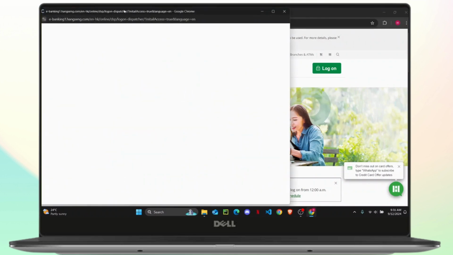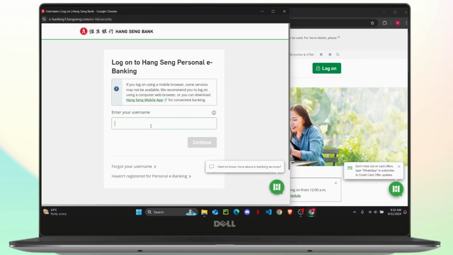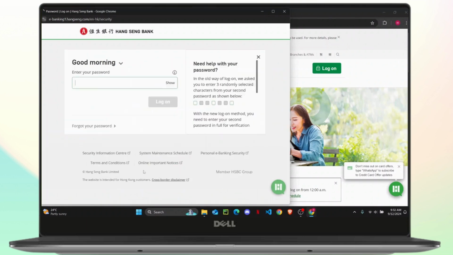It will open up a new window where you have to enter your credentials. So firstly, they will ask you for your username. You just have to enter your username on this space right here. Just click on continue,